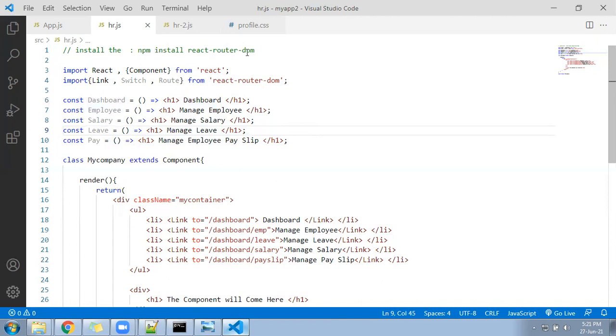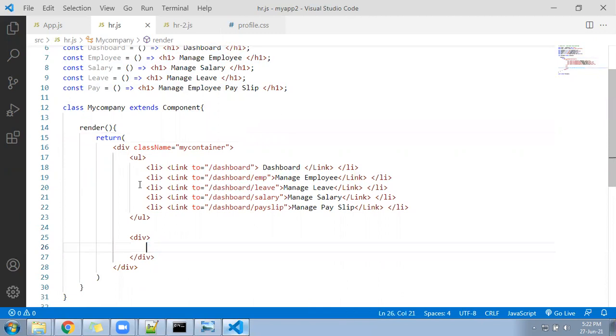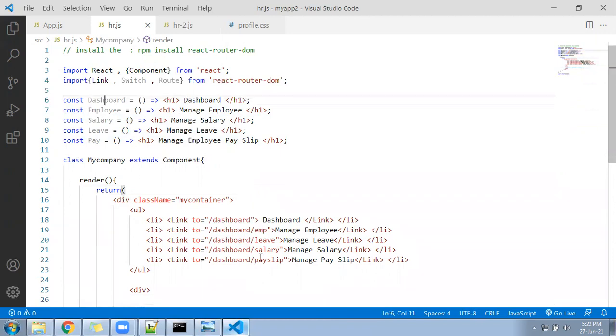First, you have to npm install this, then you need to create a component, call this, and after that import the link, switch and route. After that we need to create this constant, and then we follow this. Now let me come down below, where I have written the if condition. I'll remove that and I'll follow this switch case. I will implement this switch, and there I will check where the user has clicked, and that link we are going to display below.